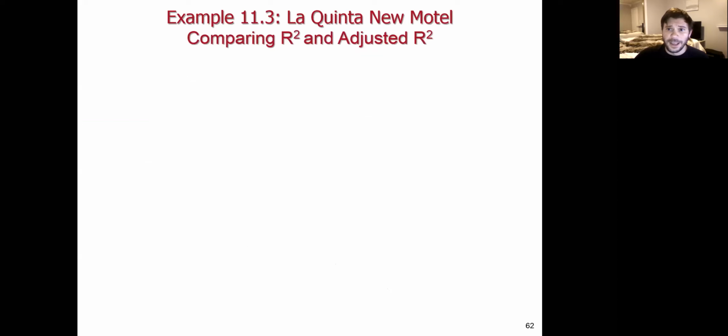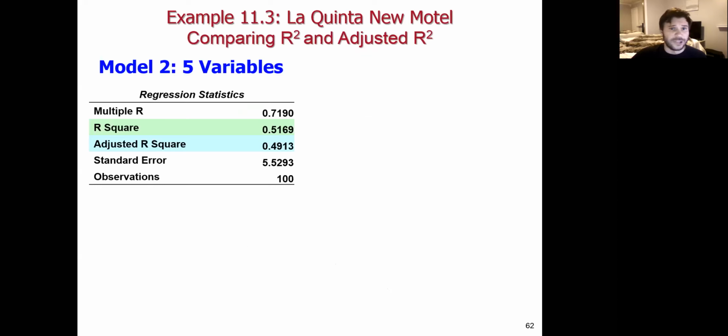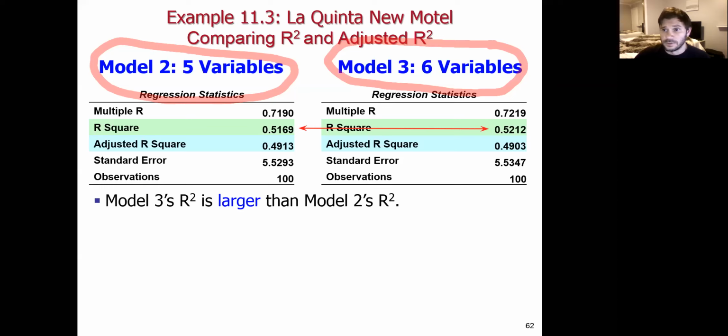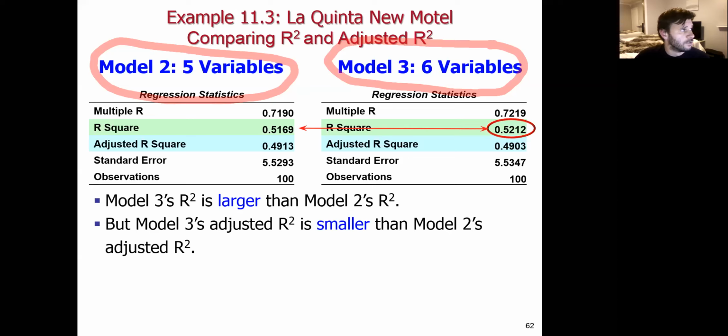So let's go ahead and compare model 2, which had only 5 variables. Right, here's model 2, we had 5 variables. And model 3, we had 6 variables. We added that extra distance to downtown variable. And you'll notice, as we suspect, when we compare to model 3, we can see immediately here that when we added the extra variable, the R-squared increases from model 2 to model 3. That R-squared goes up. Okay, model 3's R-squared is larger than model 2's. Right? Model 3's 52.12%,